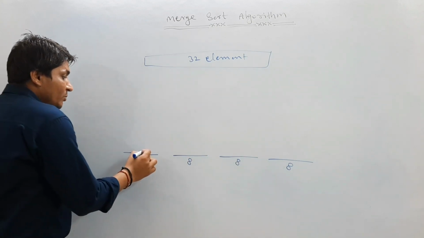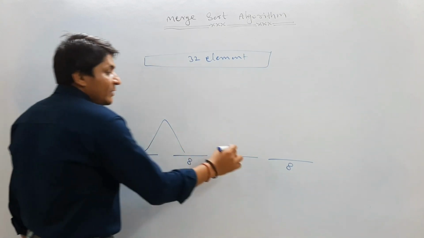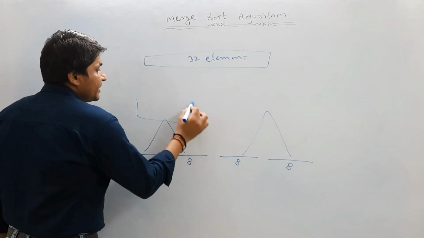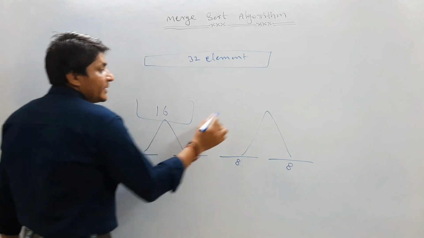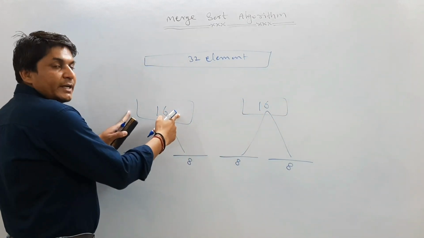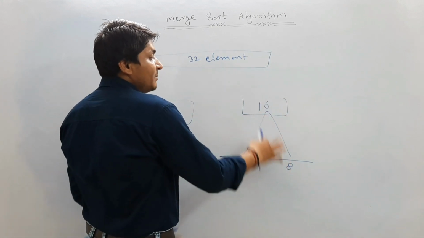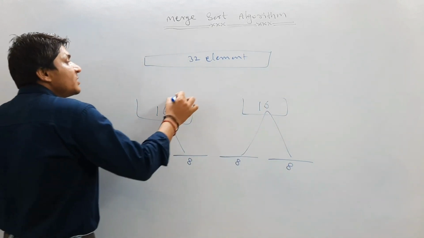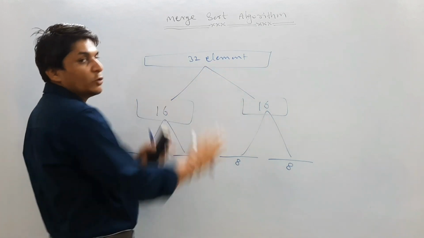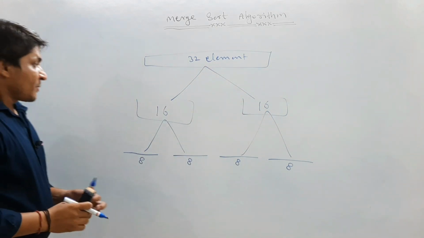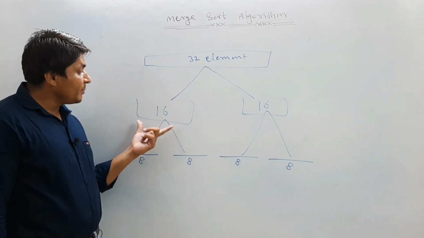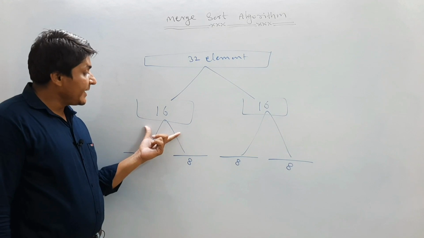So first we are going to merge these two sorted arrays, then we are going to merge these two sorted subarrays, then the size of this array is going to be 16, and the size of this array is 16. This is also a sorted array after applying the merge procedure, correct? Then we can merge these two sorted subarrays, 16 plus 16, so it is going to be 32 elements. But my question is, how many comparisons will it take in the worst case?